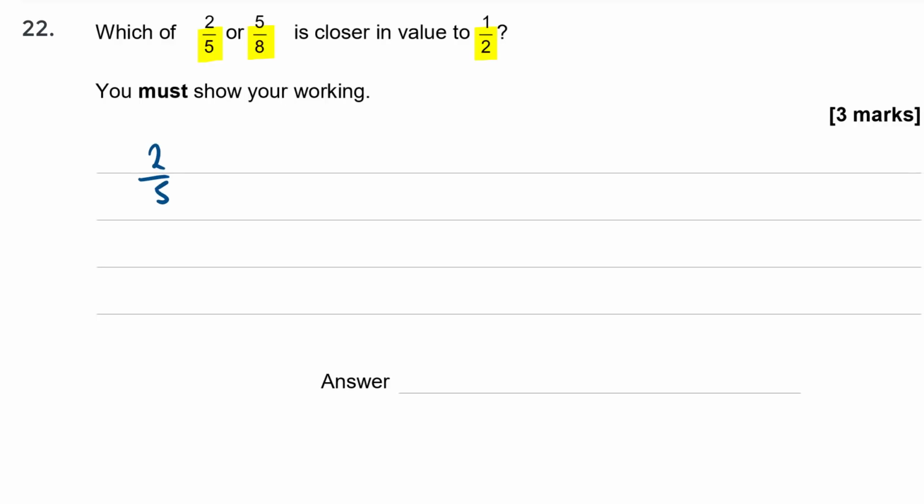So 2/5 is the same thing as, well, 5 goes into 40 8 times, so that's going to be 16/40. 5/8 is going to be the equivalent to 25/40, and we're comparing it to a half, which is